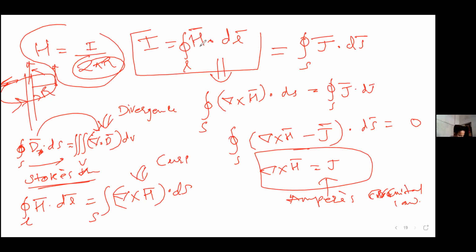Let me see the exact definition. It says the total magnetomotive force along a closed loop